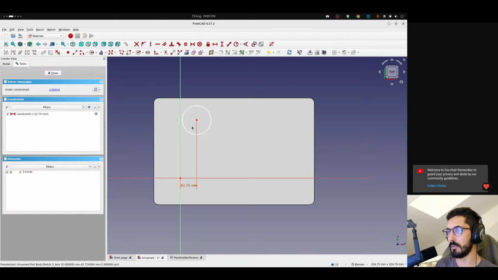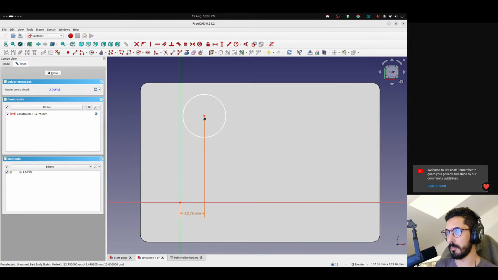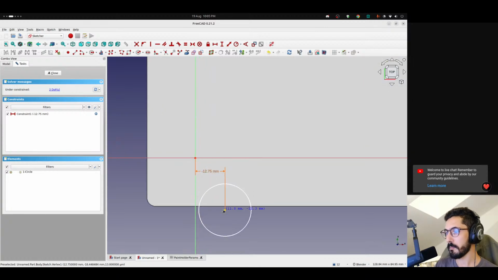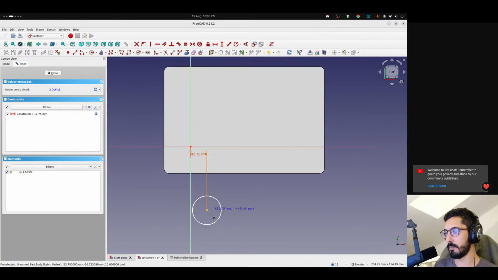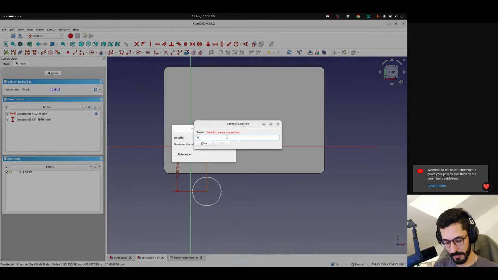So now we should do the exact same thing, but on the Y. So if I move this down, now here's one cool thing about FreeCAD. When you do a horizontal distance or a vertical distance constraint, it's signed. So if it's up here and then I constrain it, you're basically telling it that a positive value will push it up, a negative value will push it down. But if it's here, it's going to be the opposite. A positive value will push it down, a negative value will push it up. So if we do this now,